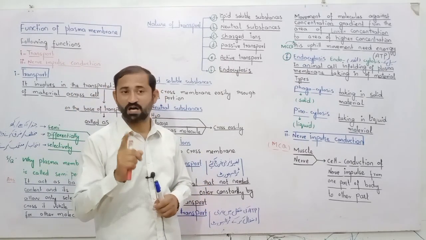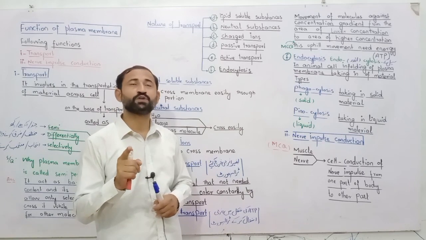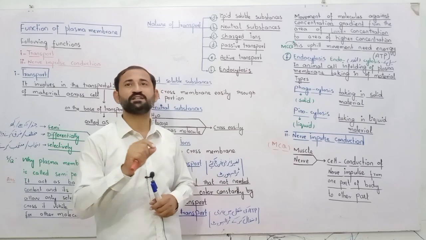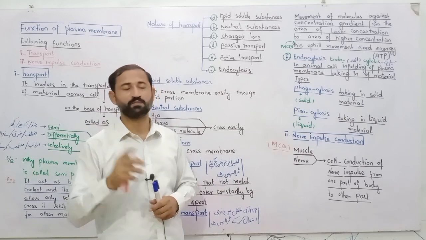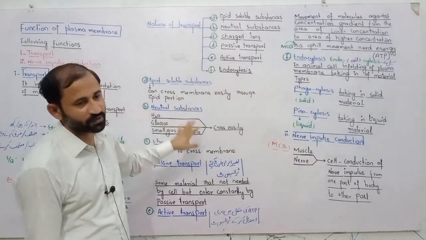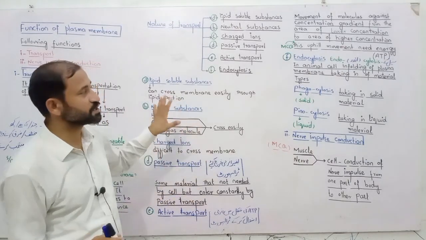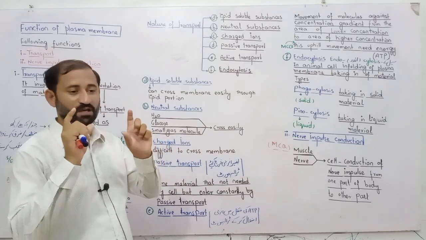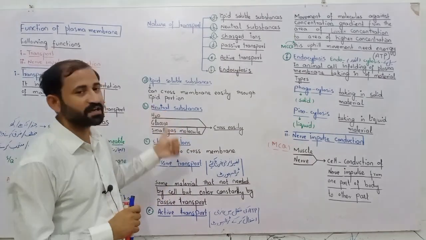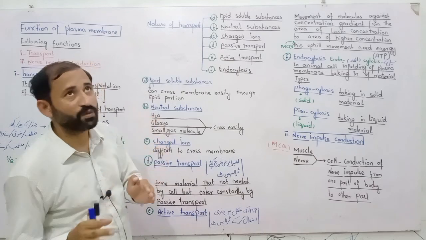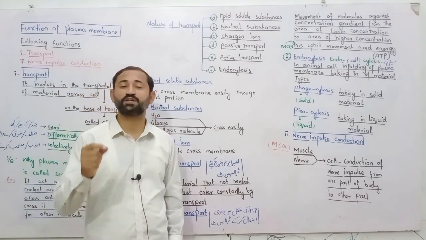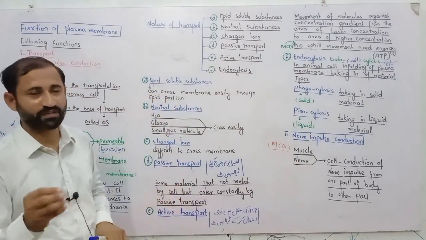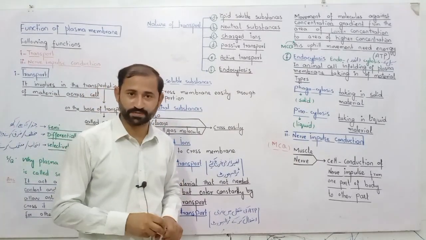It is a long question where you have to write only the function of the plasma membrane. The question says, discuss the function of plasma membrane. So this one is your long question. Try to solve this question in such a way that it has clear headings or clear topics, so that it becomes easy for the examiner to check and overview that everything in this topic has been written in your answer paper. Okay.